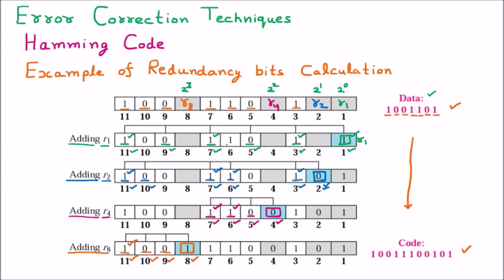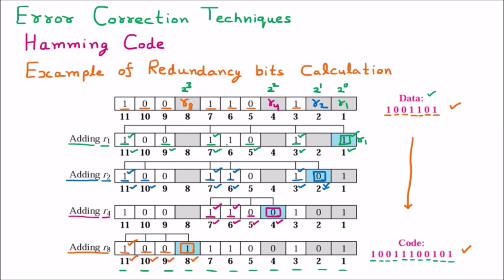Now if in this code there is some error produced, then how is it going to be corrected, that we will learn. But first of all, see how this code is generated. You can see that we are going to start here, which is 1 0 0 1. So it is taken 1 0 0 1. Then afterward 1 1 0 0. So it is 1 1 0 0. Then 1 0 1. So 1 0 1. So this is the code which is sent.